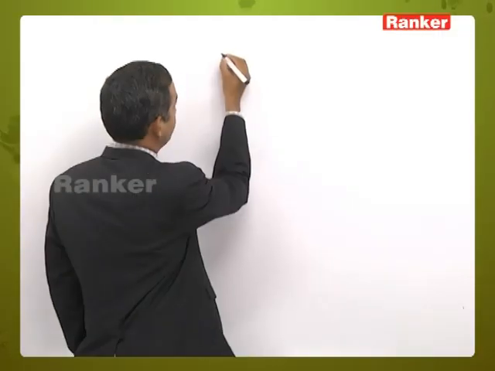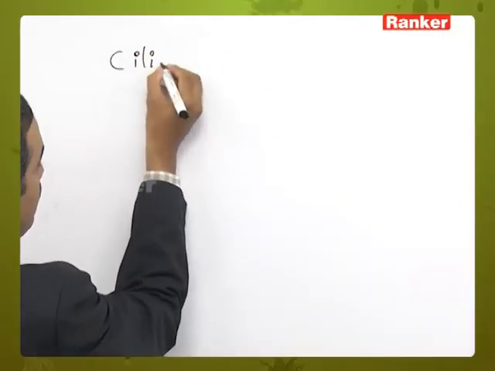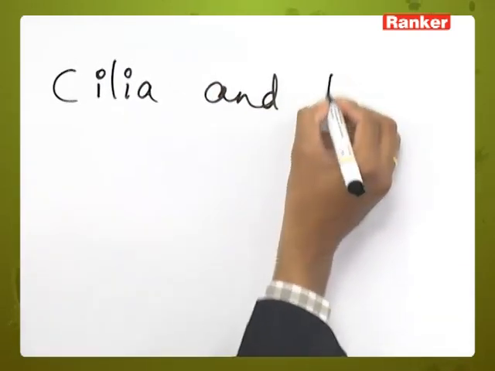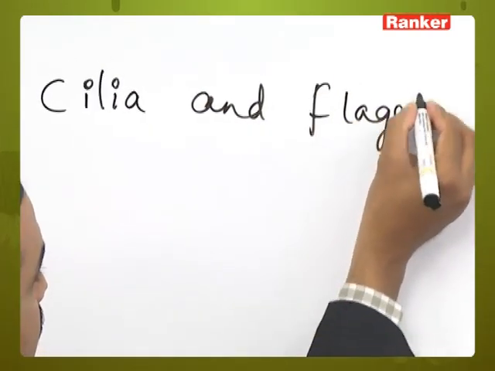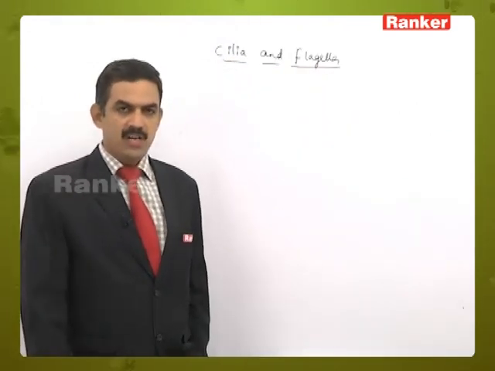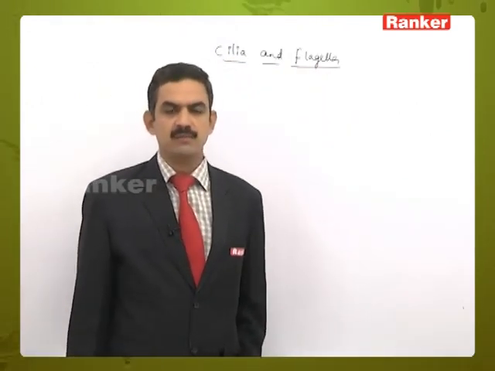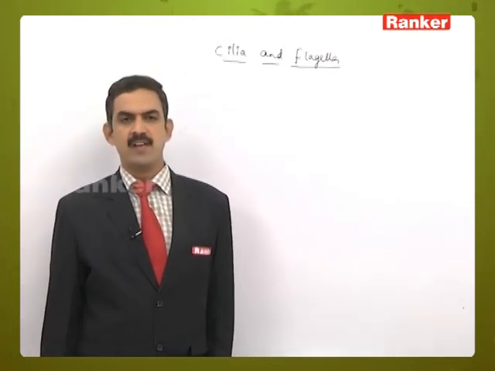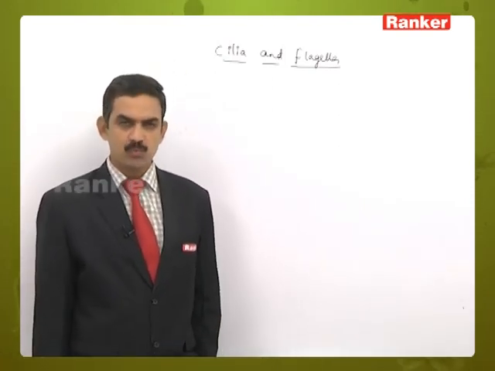So next one is cilia and flagella. Cilia and flagella are structures which are concerned with locomotion in various types of organisms, both in plants and